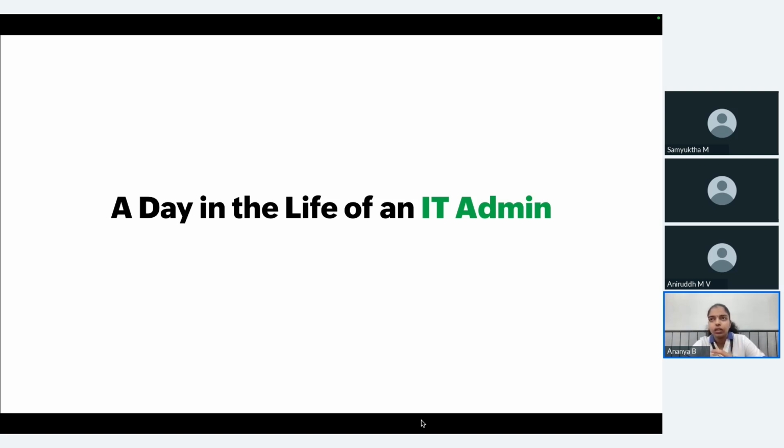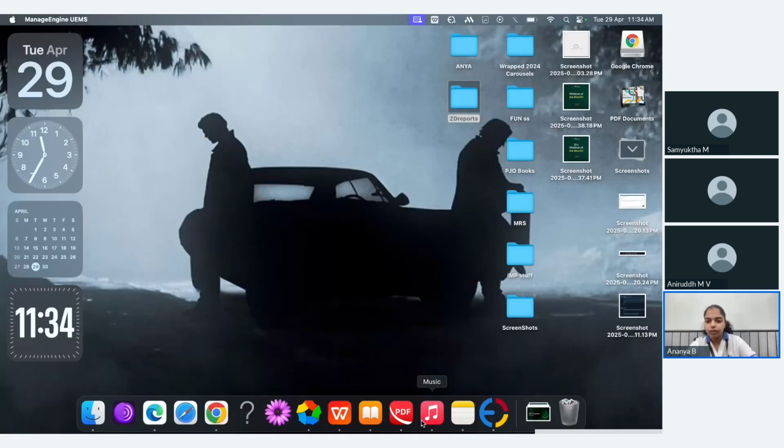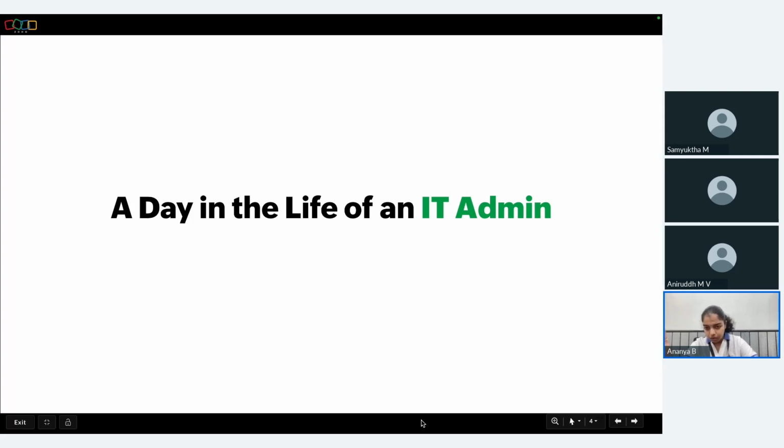What does an IT admin's work look like? They probably get into the organization, set up their workplace, go on a walk, maybe have tea with their friends and talk about what they plan on doing for the weekend. And then they come back to work and focus on the tasks that they currently have to do, like